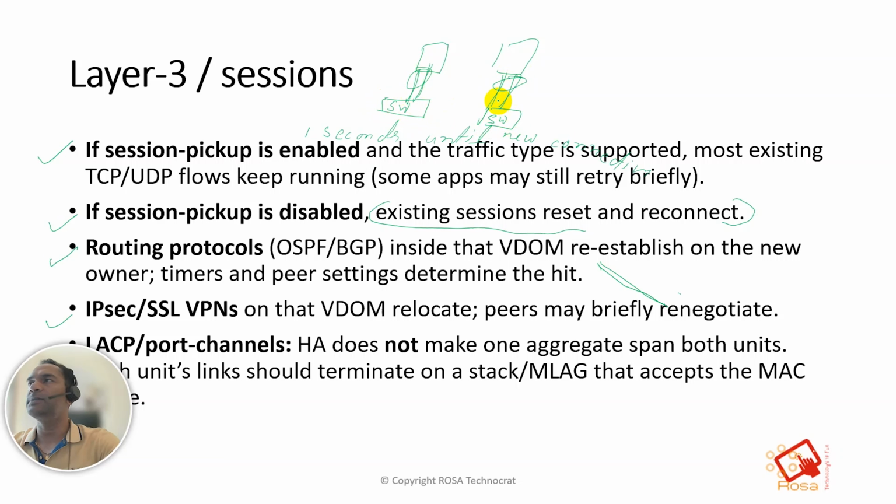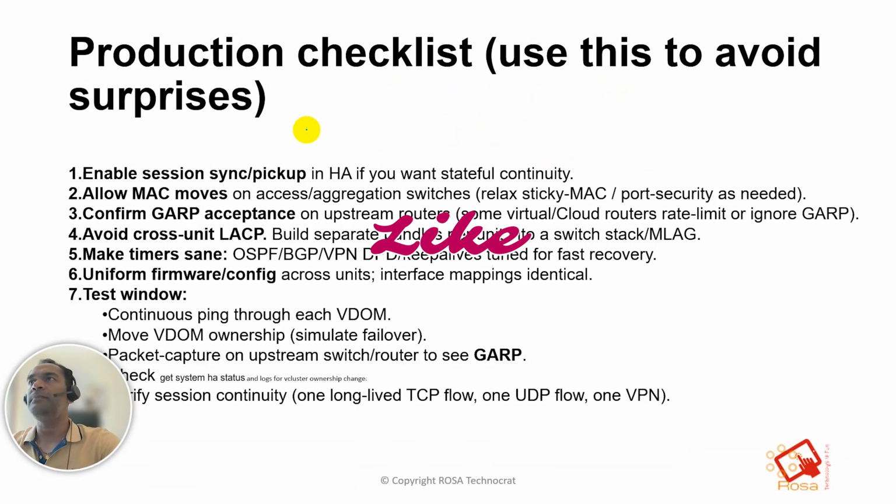There is a specific configuration which allows FortiGate to establish LACP even if it is standby. If you are not using that, then LACP or the aggregate will only be up on the primary, and after the failover it becomes active on the secondary as well. But if you have allow LACP on secondary, then both the LAGs are up and active at all times.